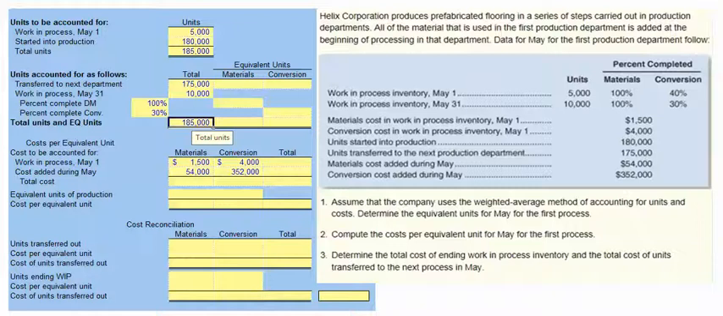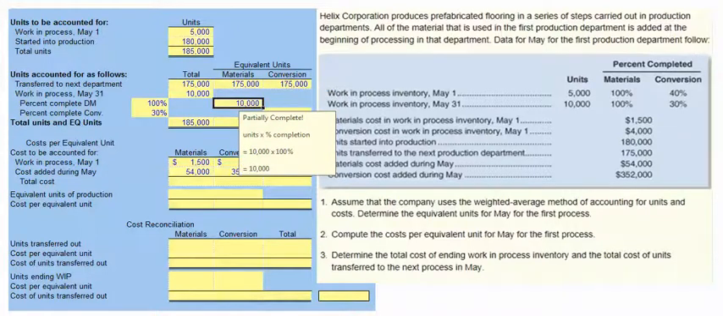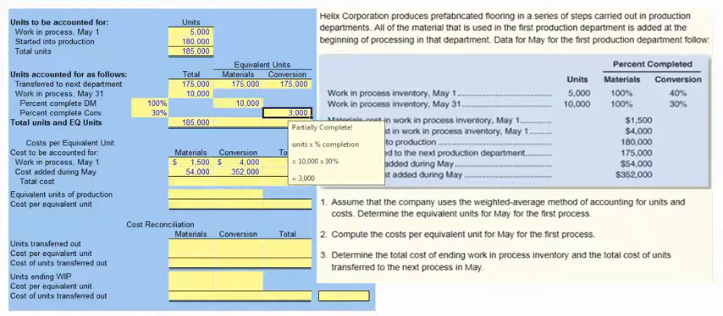With respect to our units that were transferred to the next department, they are fully complete, so they will have 100% complete with respect to both materials and conversion costs. So we have 175,000 equivalent units for both of these. For the units that are in ending work in process inventory, we're told that they're 100% complete with respect to direct materials, which means there are 10,000 equivalent units. But they're only 30% complete with respect to conversion costs. 30% times our 10,000 units in ending work in process inventory tells us we have 3,000 equivalent